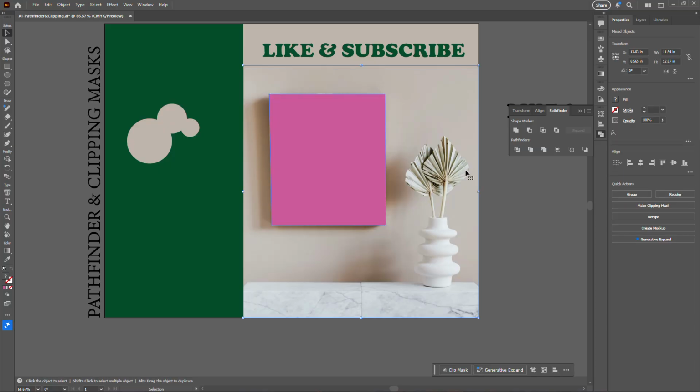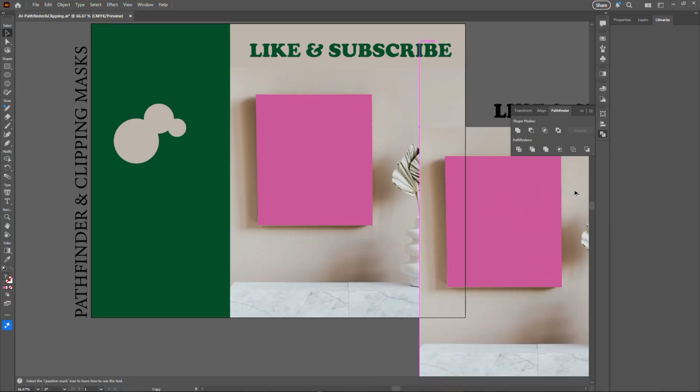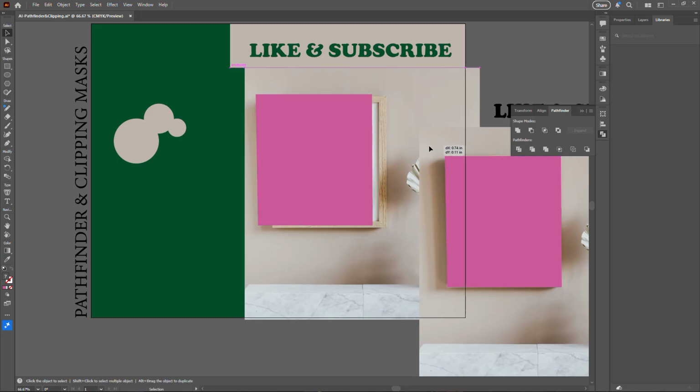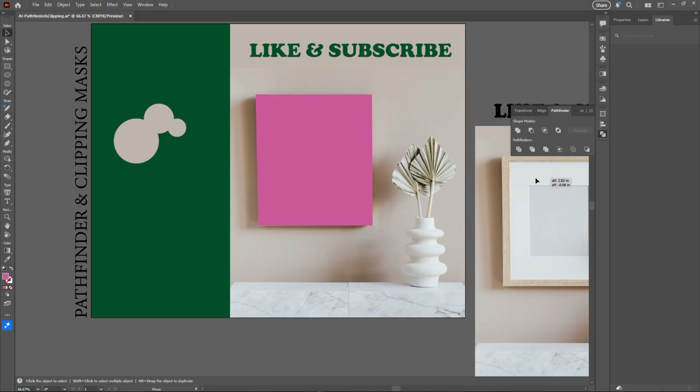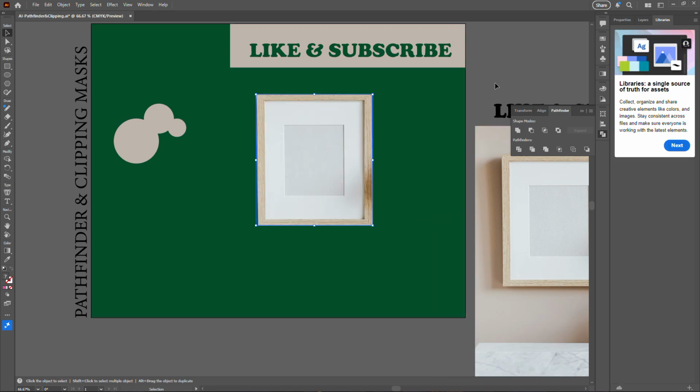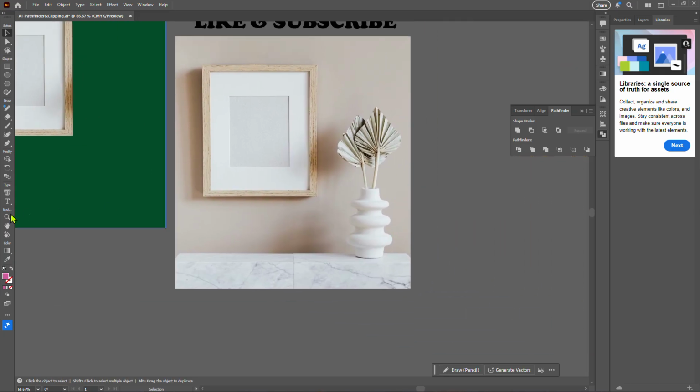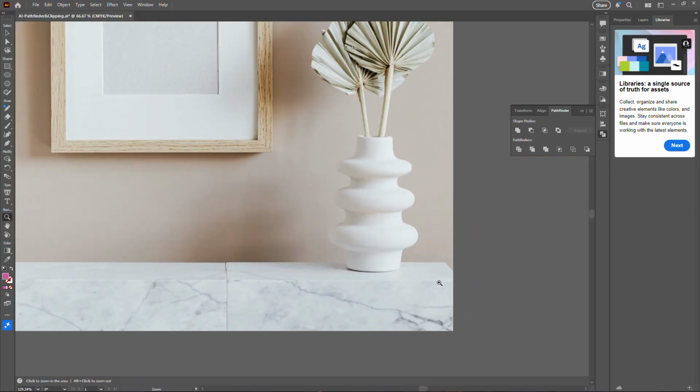And we can isolate multiple objects if we wanted to. Duplicate this bitmap image. So we'll keep our photo frame here, make clipping mask, and if we scroll over here off the artboard, we